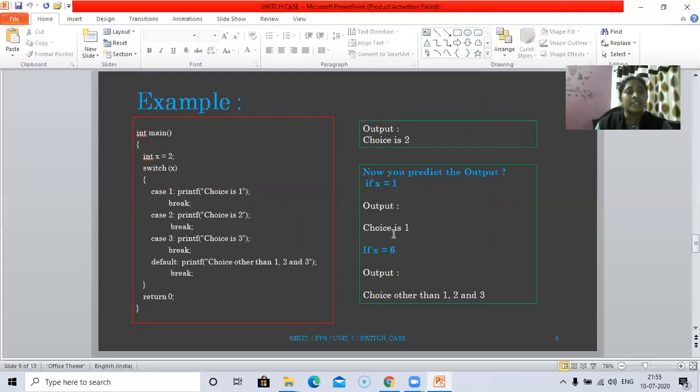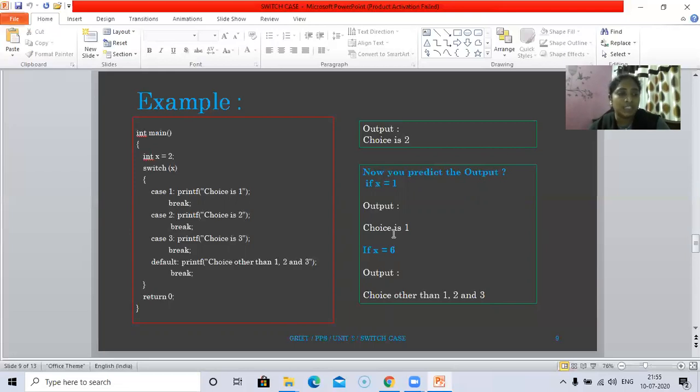So here is the example program using the switch statement. It's a general program. As I said, x can be an integer value or a character value. Here we have declared x as an integer data type and initialized it to 2. Now, among all the cases included here, it searches for case 2, which is already there.